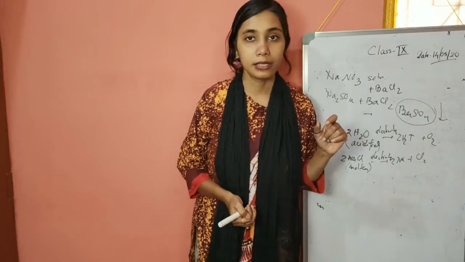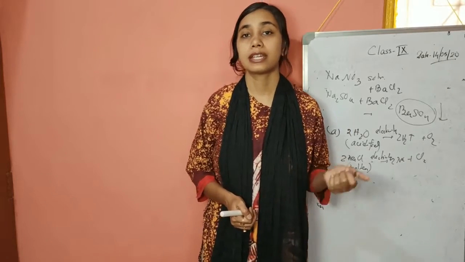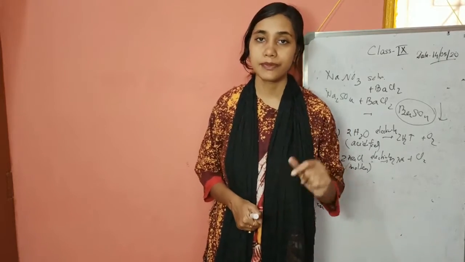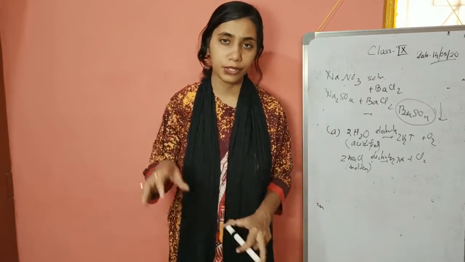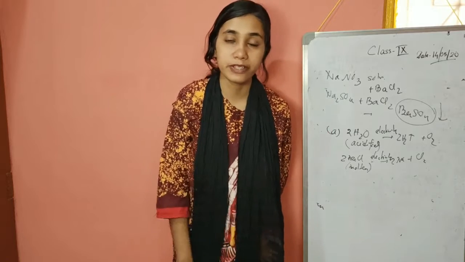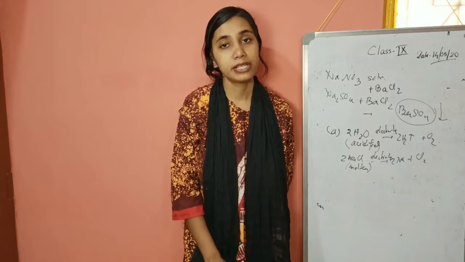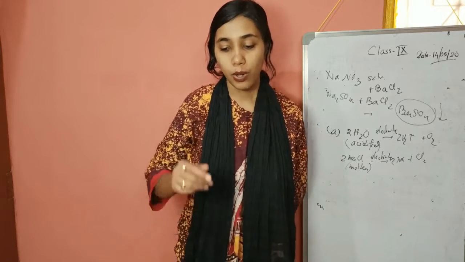So how to write that? On adding barium chloride to sodium nitrate solution, we get a colorless solution, or no precipitate is seen, or no change is observed, because the entire reaction, all products and reactants, are colorless. So you can write no observation, no visible observation, and in case of sodium sulfate there is a white precipitate. So 1 mark for each.